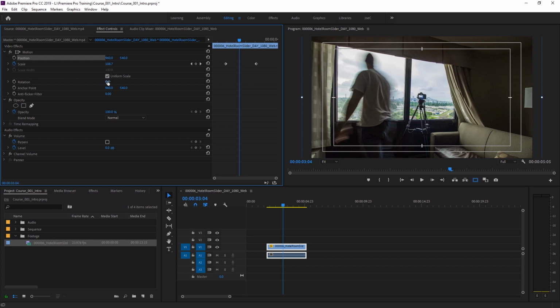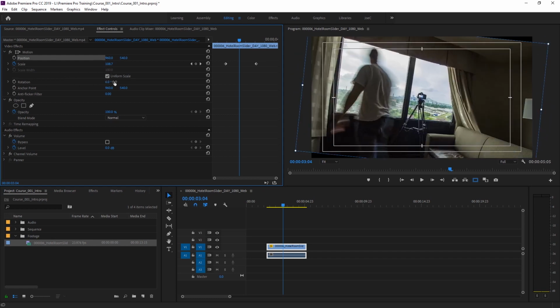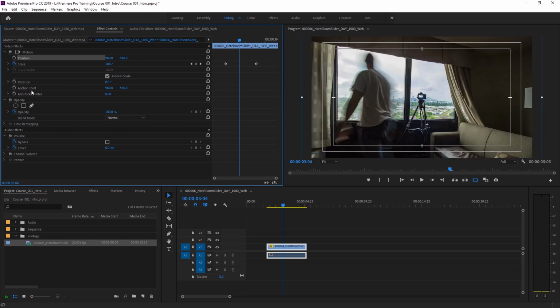Down here we have rotation, so you can rotate the shot if you want to. I'm going to hit Ctrl+Z, undo that. Anchor point, that's not something we're going to worry about right now, because that's if you're trying to make some really crazy looking edits. The opacity, if we wanted to see through it, if I crank this down, you'll see